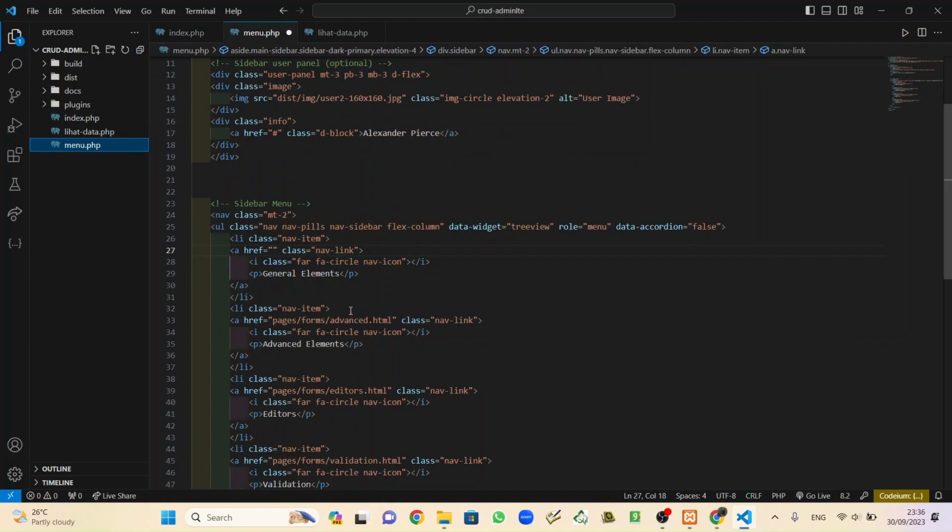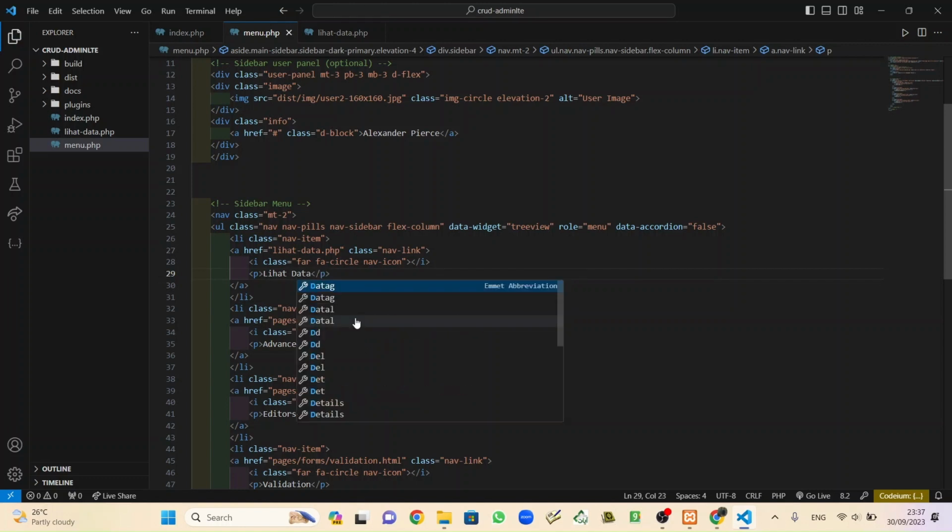I'm sorry, menu, and link with lihat data.php. And change the content with lihat data, with capital letters. Save.